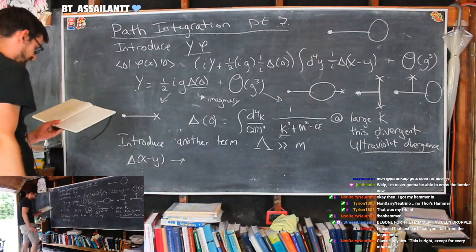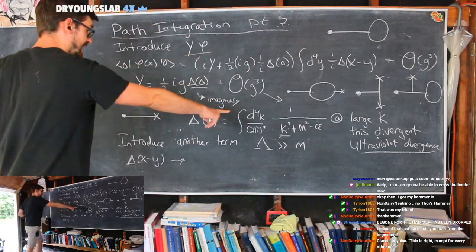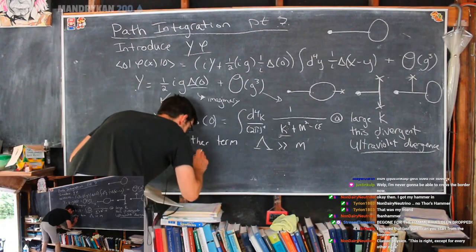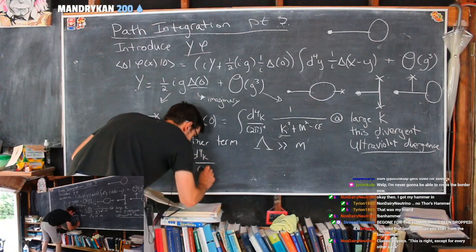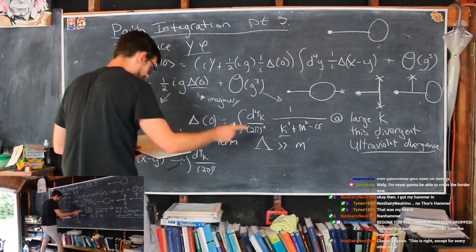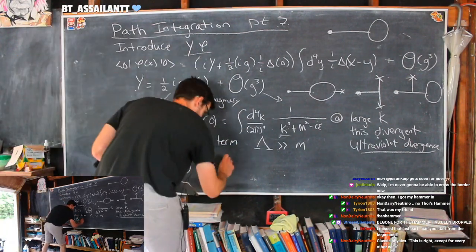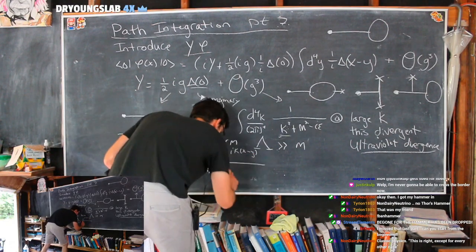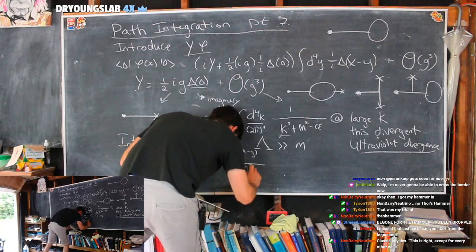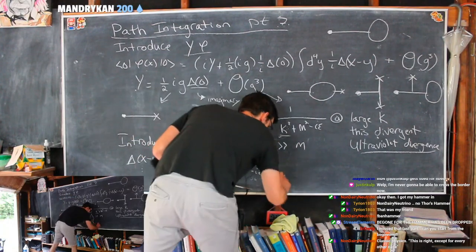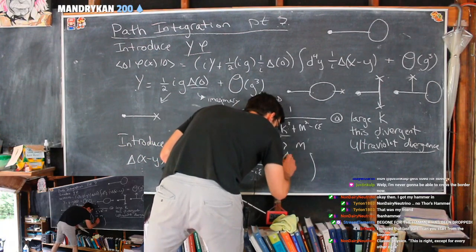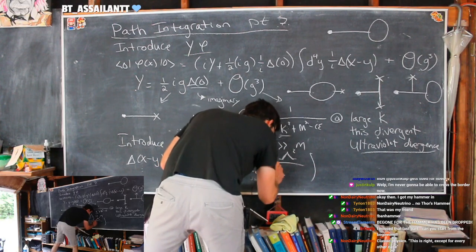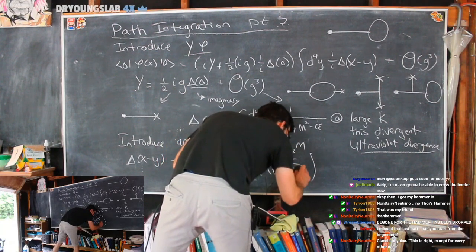So our new propagator is going to look like the following. Instead of having this guy right here, we're going to introduce an ultraviolet cutoff, and we get this: the integral of d^4k divided by (2 pi)^4. This is an actual Green's function with x and y, so we need the exponential of i k (x minus y), all divided by k squared plus m squared minus i epsilon. Then we introduce our ultraviolet term, the cutoff squared divided by k squared plus the ultraviolet cutoff squared minus i epsilon,